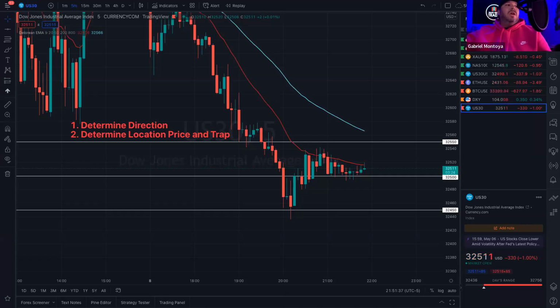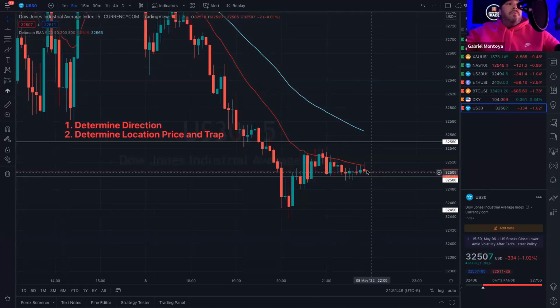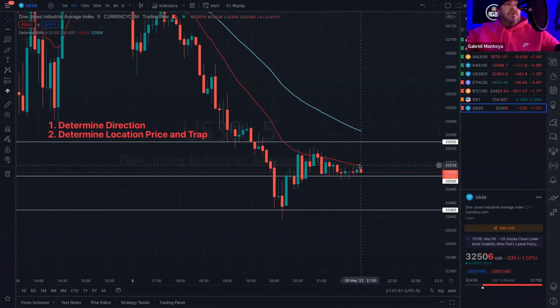And again, when we look at exit strategy, let's say that I was looking for a sell right here. Let's say she pulled up. Let's say I'm playing these wicks, because again, you could play these wicks. She could pull up into these wicks, pull back down. So let's say I had an area right here that I said, if she pulls up here, I'm going to take the sell for 5 points.